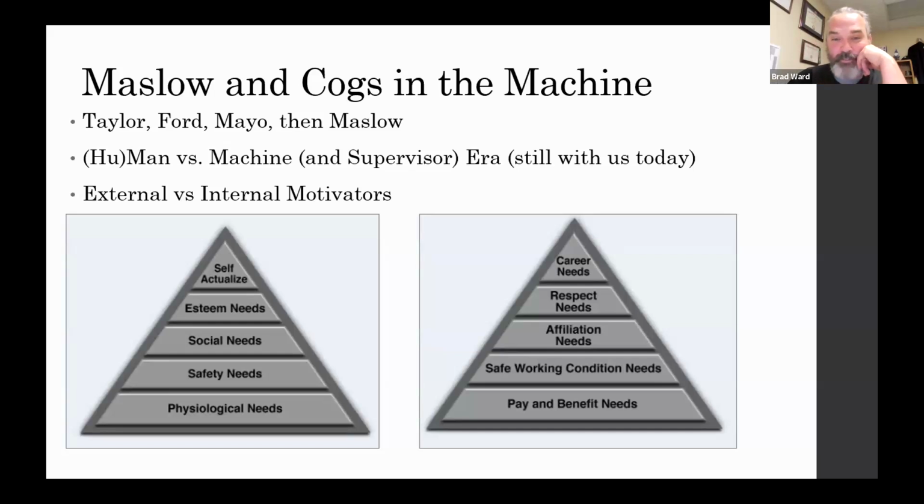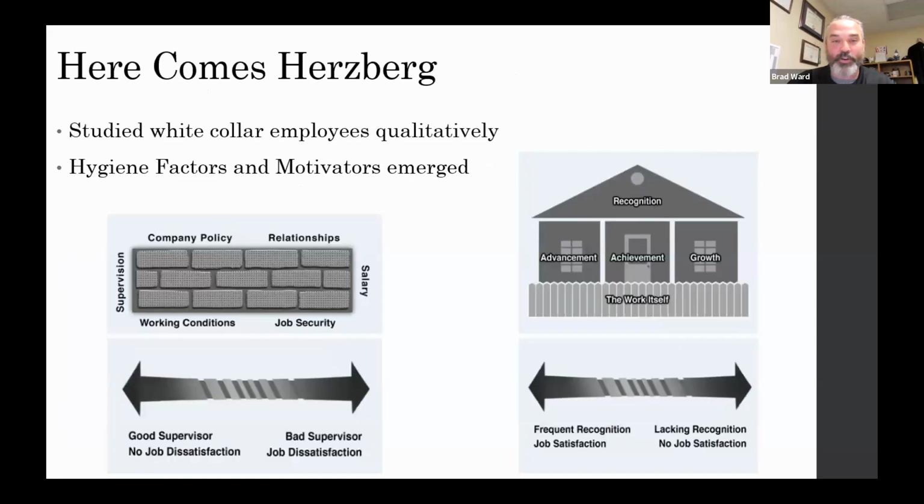But I would just like to look at it from a work perspective. We have pay and benefit needs, safe working conditions, our need for healthy relationships at work. I would say some need this more than others, but none of us want dysfunctional relationships, of course. And then, of course, respect. This one shows up hands down in almost every academic study as the number one motivator. And then career needs like career ladder and so on. Again, if you don't like your job, you won't care about this one per se. All right, so let's take this in mind, but then switch to Herzberg.